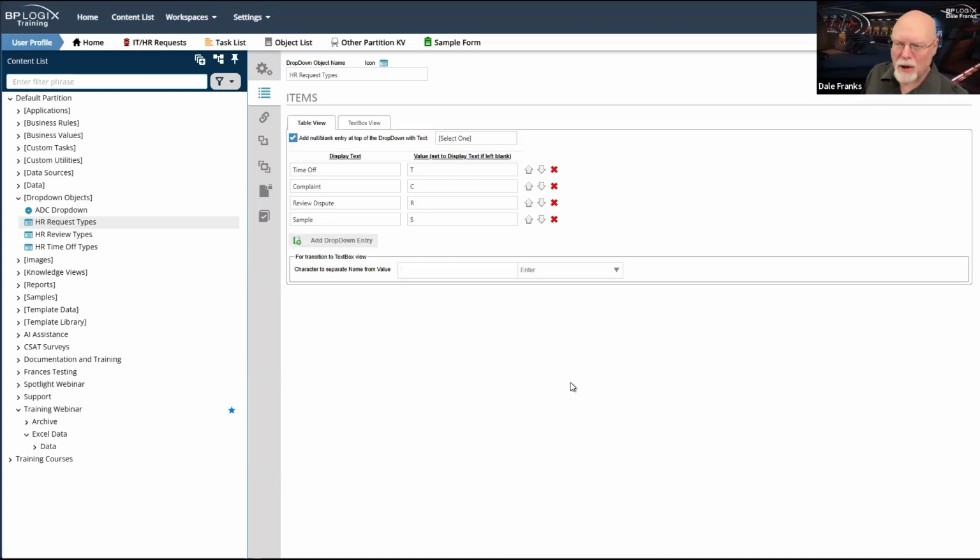One of the limitations to it is that you have to go in and manually edit it in Process Director. And you also have to be careful, although this is true for Excel as well, as we'll talk about in a second, about deleting items once you have created them. Because if you delete an item from a dropdown, then it is no longer a valid item for new form instances, and the data that was saved in old form instances also gets orphaned.